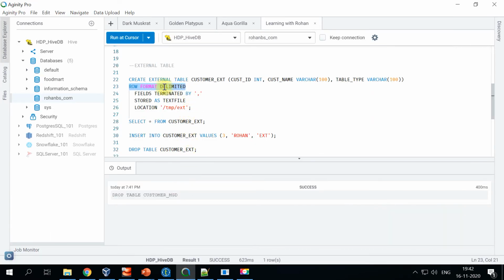So we will have to specify that row format is delimited and fields terminated by comma, right? And it is stored as a text file, and we will be giving the location of that particular folder. So that's all. You can go ahead and run this create table.